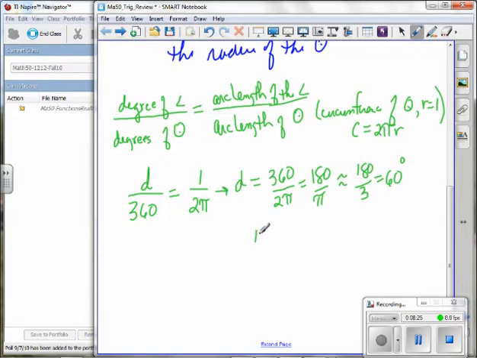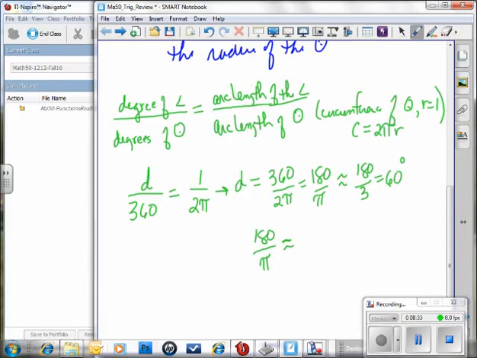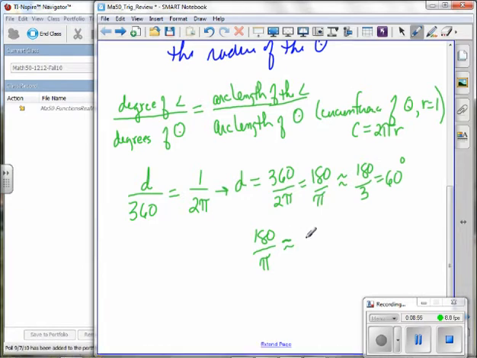So now take your Inspires and let's get a better approximation. Now, if you want to get a decimal approximation, you have to do what? Control Enter, or put a decimal point at the end of 180. If you put a decimal point somewhere in that fraction, it will report back a decimal answer. And the answer is